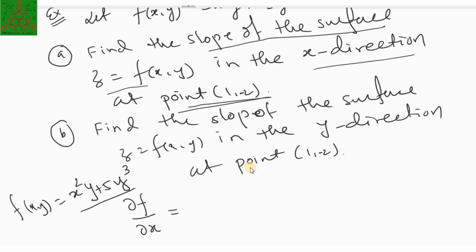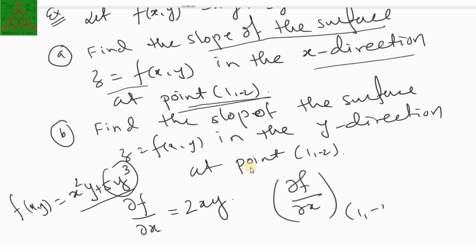So your y is a constant quantity, so you will have 2xy, and the derivative of this one is 0. At point (1, -2), you will have 2 into 1 into -2, that is -4. So the slope is -4, so I can say z is decreasing at the rate of 4 units per unit